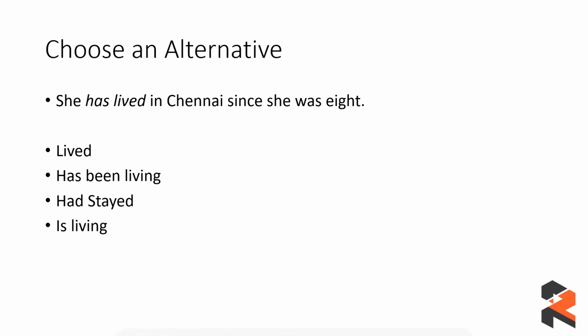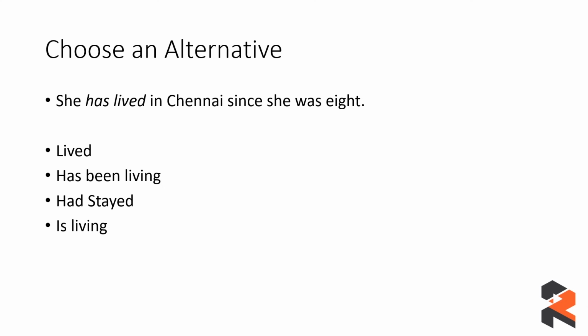Now, if you look at the options correctly, the sentence does not speak of any kind of past. The sentence does not say that she is not living in Chennai right now or that she has left Chennai right now. So the option had stayed is not the correct one in this case. We cannot go for the option had stayed. Now the sentence is referring to some sort of a past but not completely because the word has had been used in this case. So the option lived is again incorrect. The fourth option, that is living, is again not correct because the sentence is already speaking in past perfect.